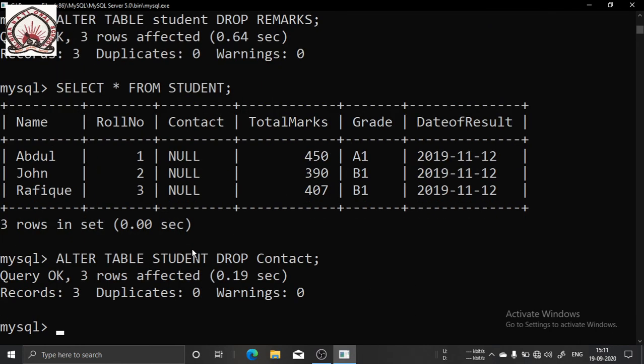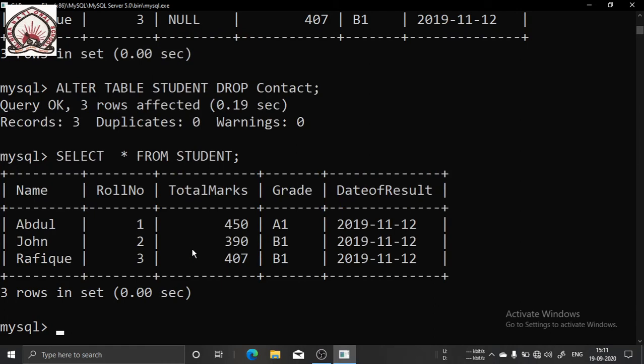If you use select star from student, you can see this contact column is also deleted.